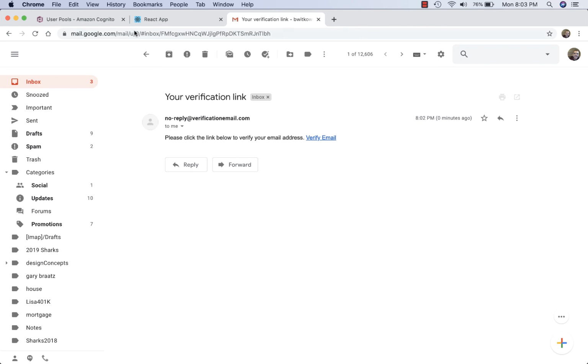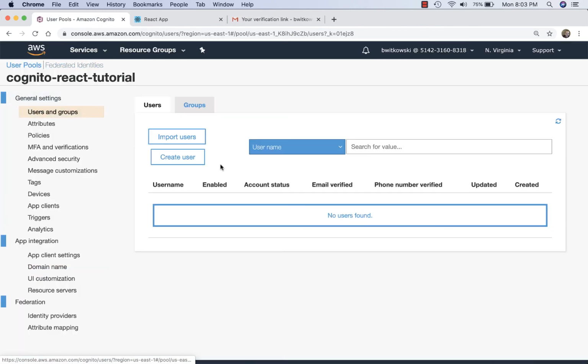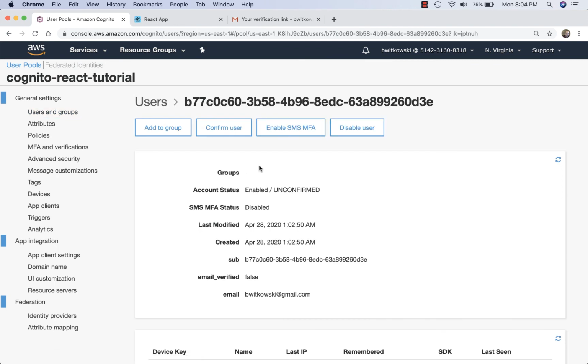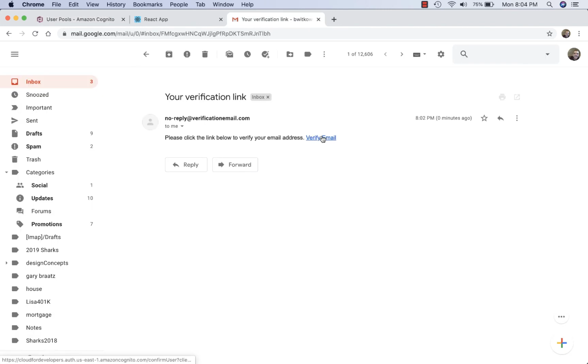Okay, I could also go back over to my user pools. So I'll show you kind of back and forth here. In my user pools, under users and groups, if I hit this refresh icon, there'll be an unconfirmed user account. Okay, so I could come in here and click on this and confirm this user. I could look at this and say, yep, go ahead and confirm that user. So I could manually do it, but right now that user's unconfirmed until I go to Gmail